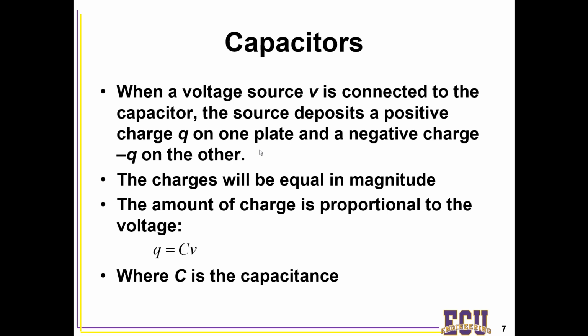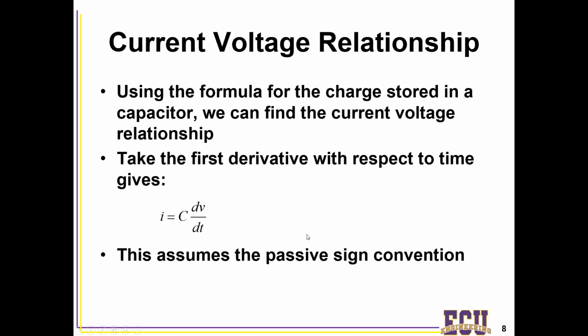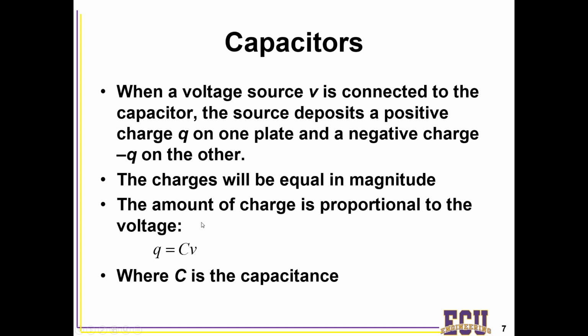Eventually the charges will be equal in magnitude across the two plates, and you can see that the amount of charge is directly proportional to the capacitance of the capacitor and the voltage across it. You can also figure out, by taking the first derivative, what the relationship is between current and voltage. If you remember, current is charge over time. How much charge is passing in any given time? So I is really equal to dq/dt, the change in charge with respect to the change